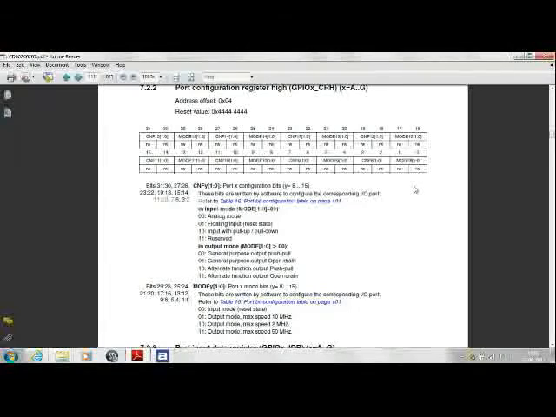So for that we need to have our MODE bits set to 10 and our CNF bits set to 00.